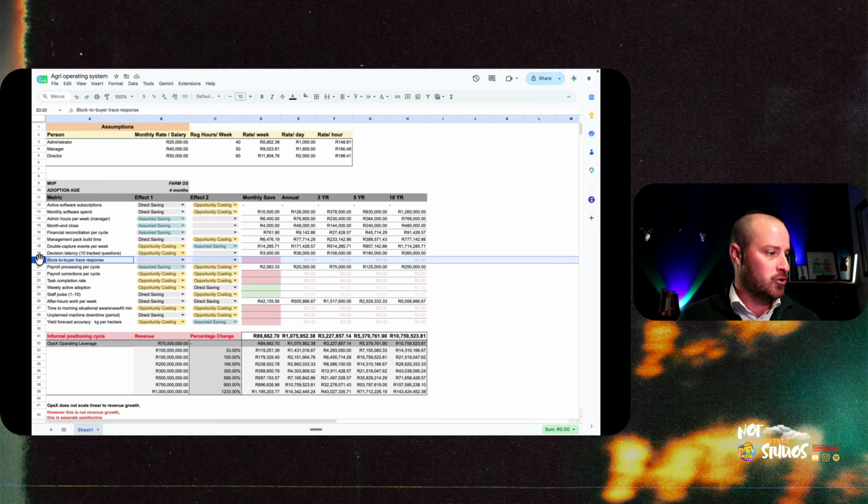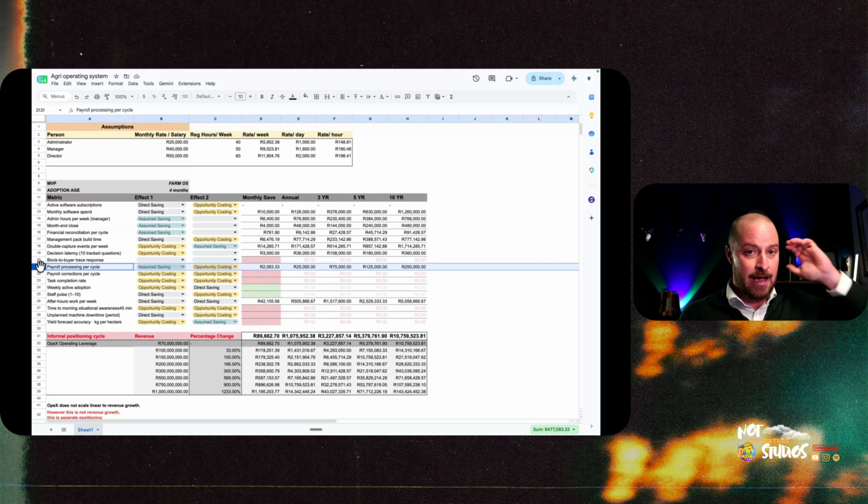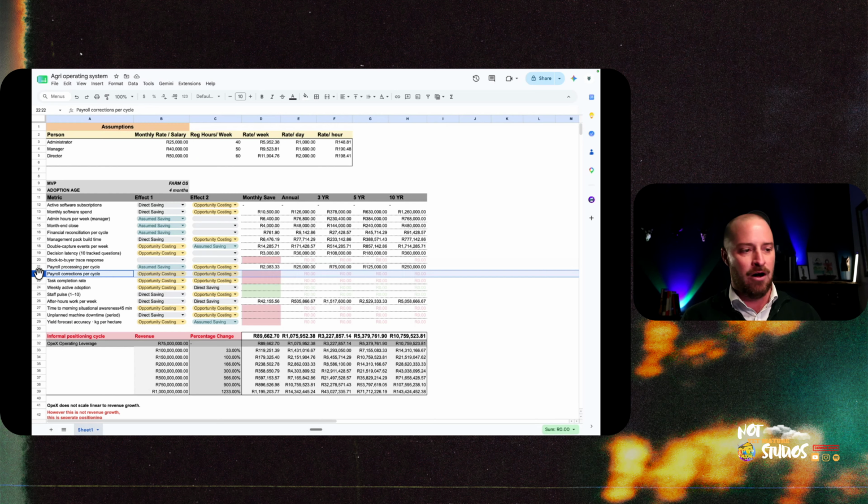And then we've got the block to buyer trace response, which we didn't measure in response. We don't, because it fluctuates too much between businesses. Yours might have a direct opportunity costing, assumed saving, or anything like that. We looked at the payroll processing per cycle. Once again, assumed saving and opportunity costing, we calculated that as 2,000 Rand. Things that we didn't calculate but has an opportunity or direct saving is obviously the payroll corrections per cycle, because we don't know,